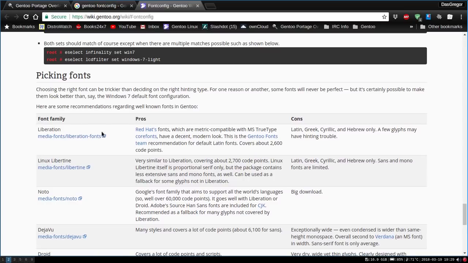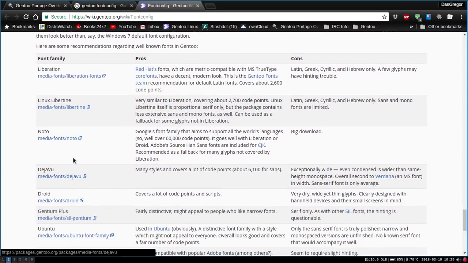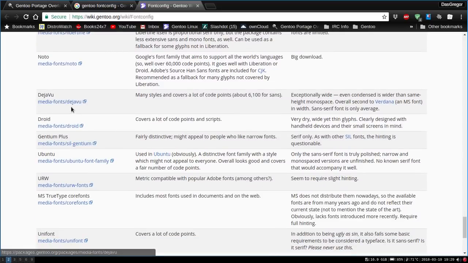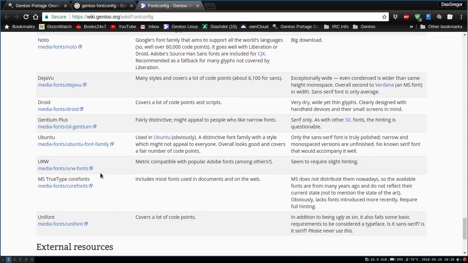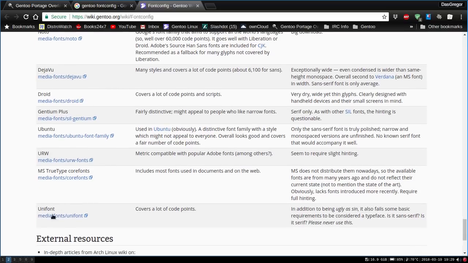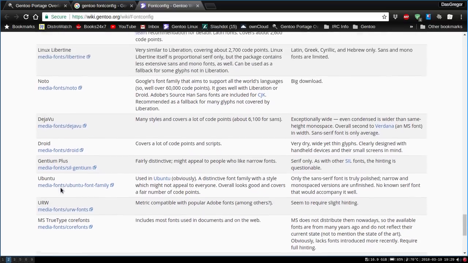Picking fonts, like the Liberation fonts or Libertine or the Noto fonts, and it explains what they are and what they'll emulate. For instance, I needed to install DejaVu for VLC. I like to use the URW fonts because I like a lot of how those look. The core fonts, if you're looking for Microsoft, if you're looking for the unifonts, they're all right here,